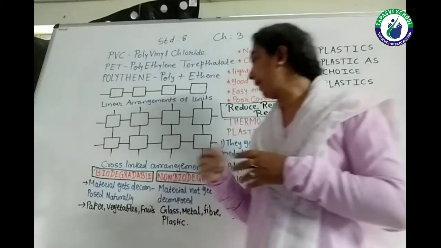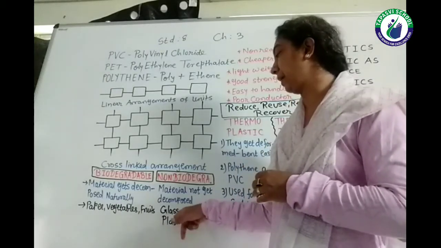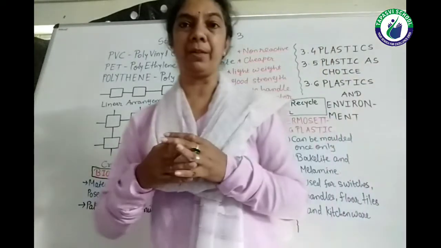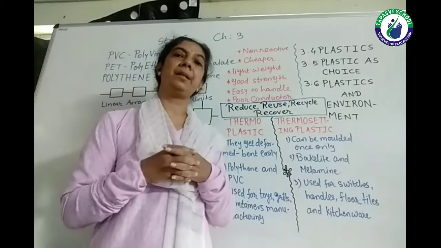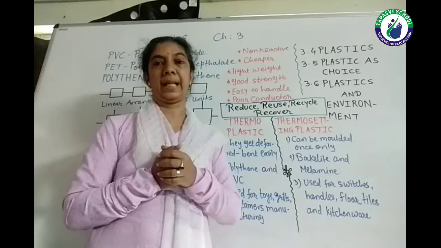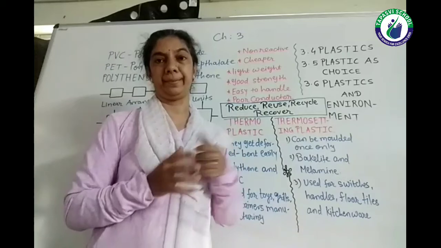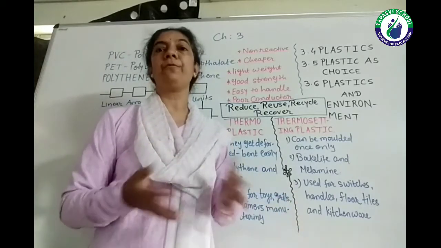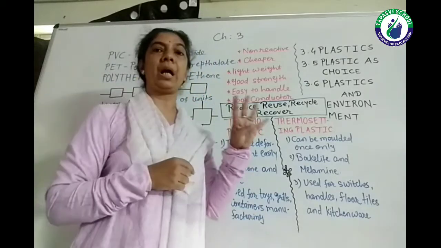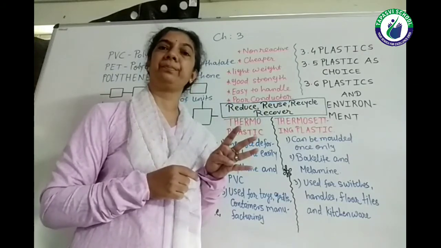So plastic is a non-biodegradable material, and besides plastic, glass, metal, and synthetic fibers, as we have talked about, are all considered non-biodegradable materials. That means they cannot be decomposed easily and naturally. What is the solution for this? So at last the 4R formula is given. What is this 4R formula?